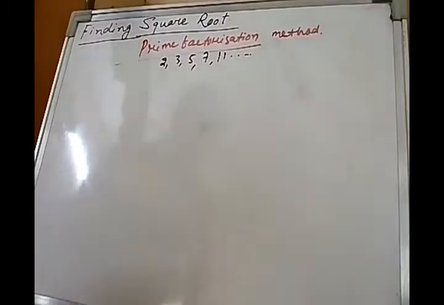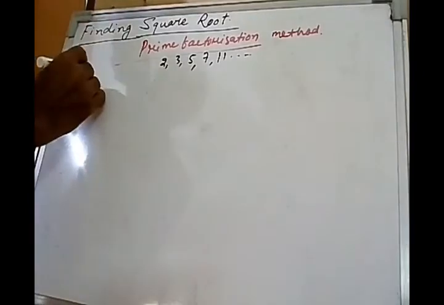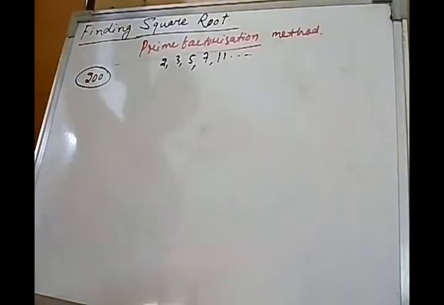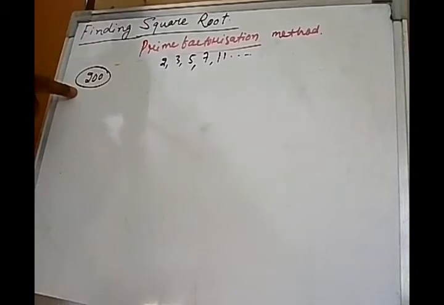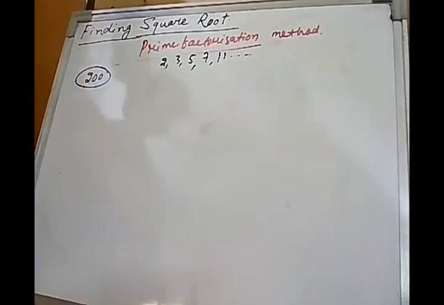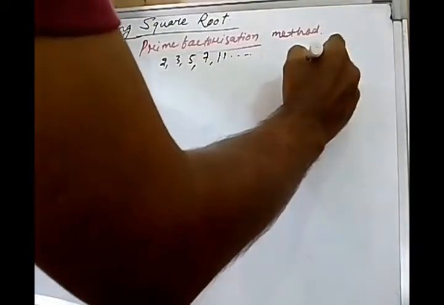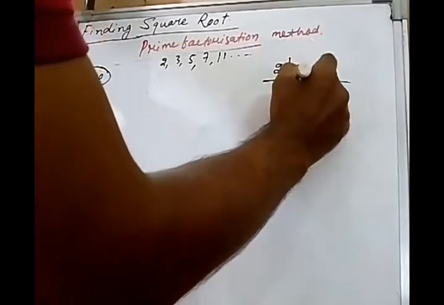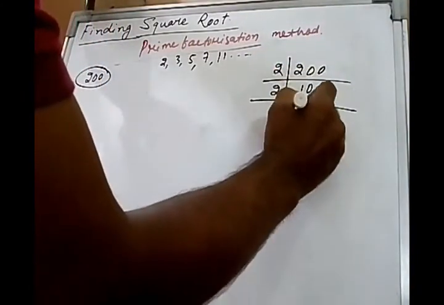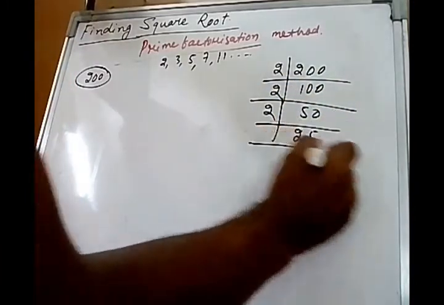Now the number to be multiplied or to be divided to make it a square number. For example, here 200. We will check now. 200 is not a square number. If 200 is not a square number, then which smallest number is to be multiplied to make 200 a square number. So first we will find out what are the factors inside the 200. So here 200, 2 1s are 2, 2 5s are 10, 2 2s are 4, 2 5s are 10.